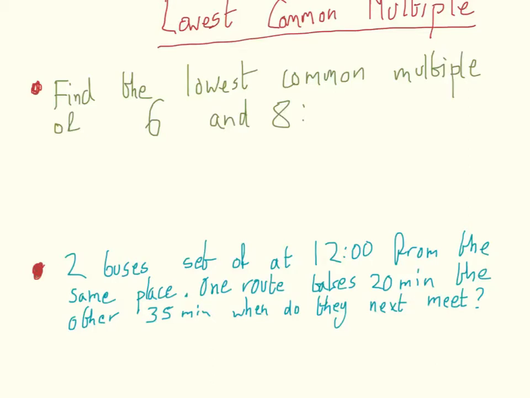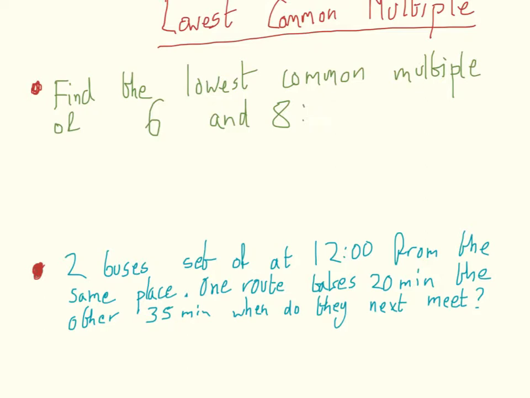Lowest common multiple. This is where we're looking for the first number that appears in two times tables. The lowest common multiple. Because remember, a multiple is a number that appears in a times table. So a multiple of 8 is 8, 16, 24, 32. And to find the lowest common multiple of two numbers, the easiest way to do it,